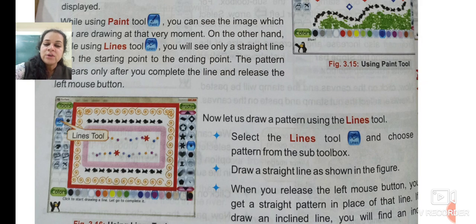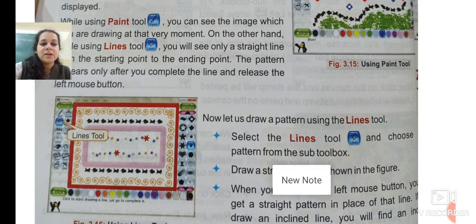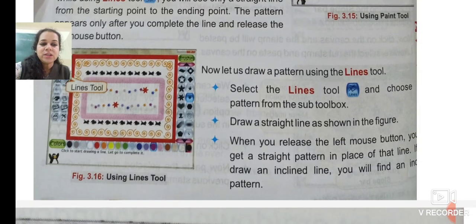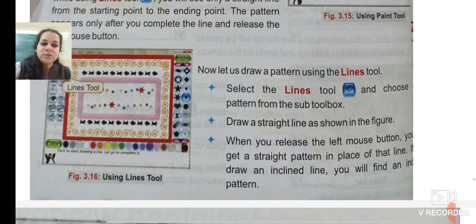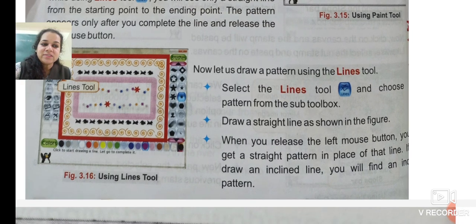First the red line was drawn as the border. After that you can choose any pattern and draw it in a straight line. When you release the left mouse button, you get a straight pattern in place of that line.